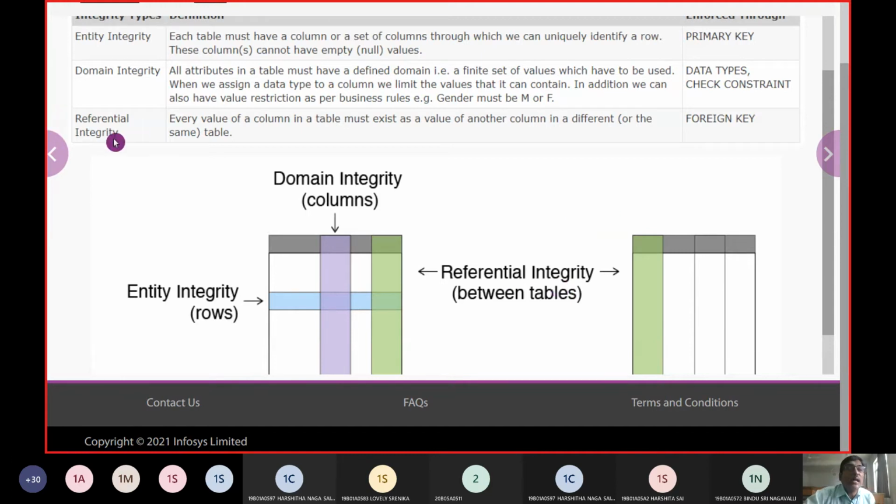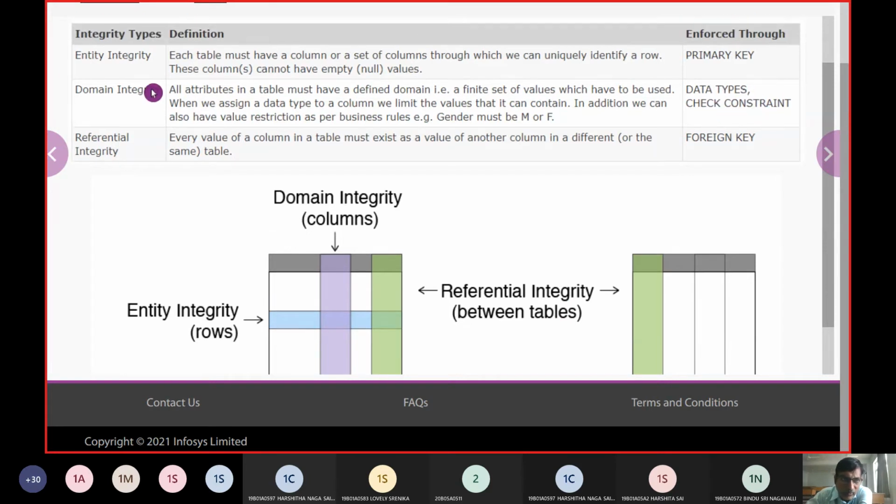When an example is to be taken up for referential integrity, we call it a foreign key. When an example is to be taken up for domain integrity, we call it data types or type check. And when we talk